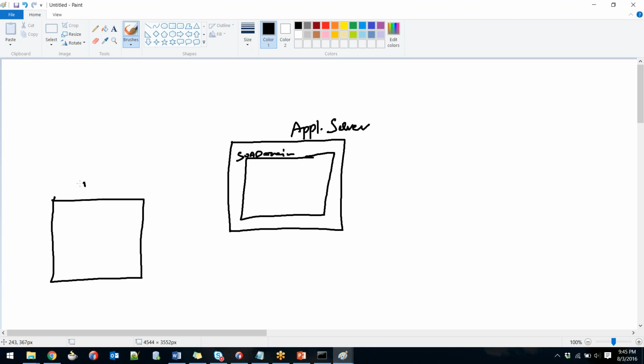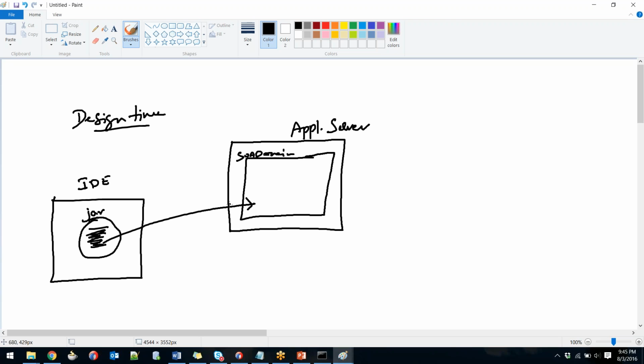You have an IDE, which is JDeveloper in this case, and this is design time. You write your SOA application. How we write it is a different story, but basically you write your application and build a jar file out of it. All SOA applications are basically jar files. When you build a jar file, you then deploy it to your domain. Now you need to observe this. When you deploy it to the application server, the jar file gets exploded. Basically, it reads the whole contents, and all the files do not reside within your domain, but instead